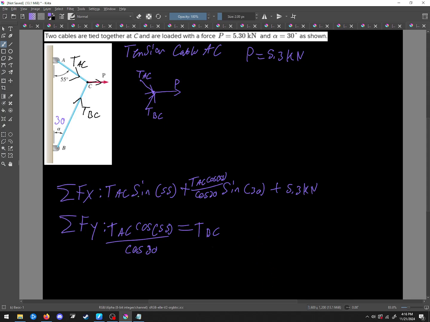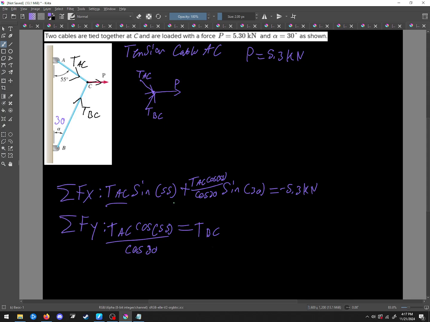And with this we have one unknown and one known, so now we can say that this equals a negative 5.3 kilonewtons. And boy, let's see. Now to just get TAC,